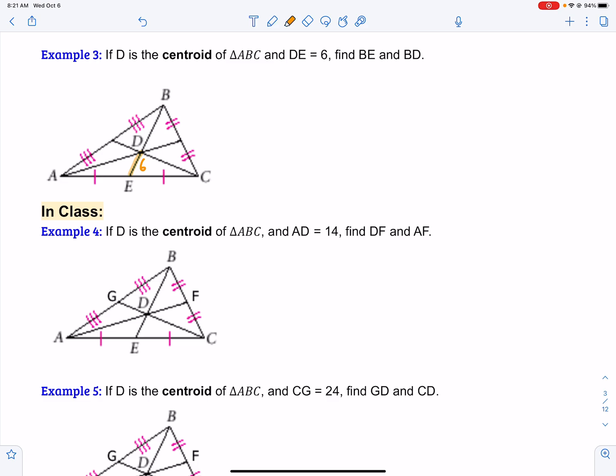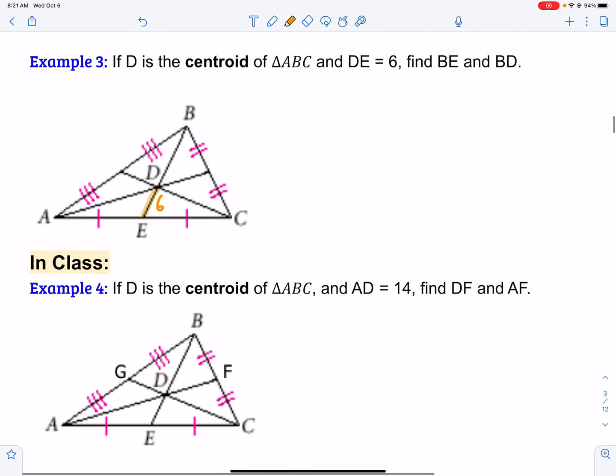So the same thing would work here. We have the little segment out of that median. There's 2 more parts on the other side of that centroid that would both equal 6. So think about it as 6, and then there's 2 more parts that would also equal 6. And then you can quickly figure out what they're asking you for. So BE would just be all 3 6s added up, which is 18. And then BD